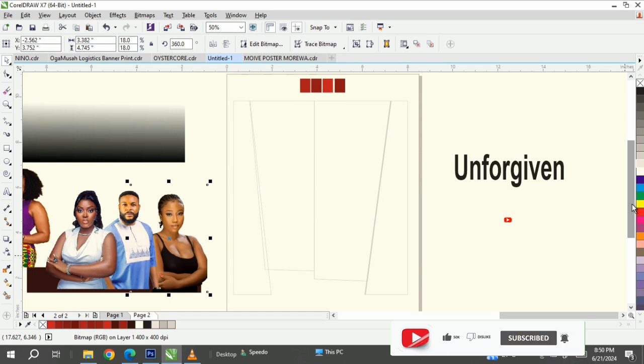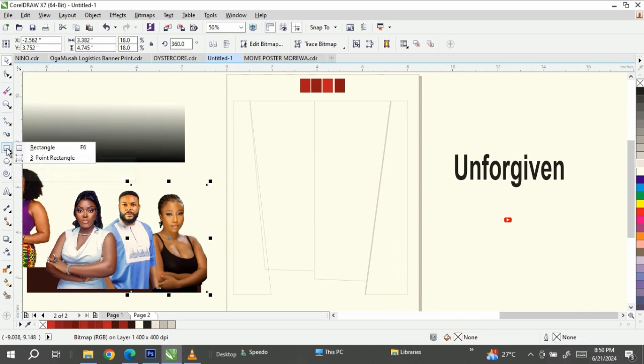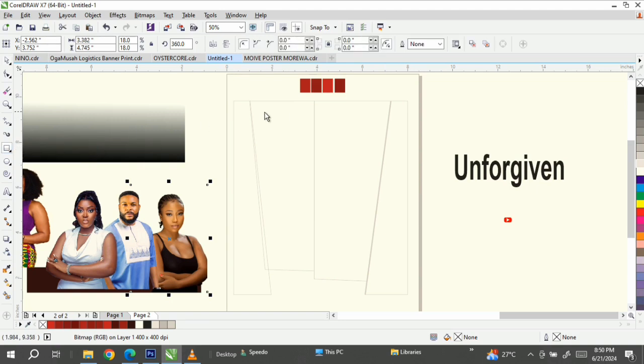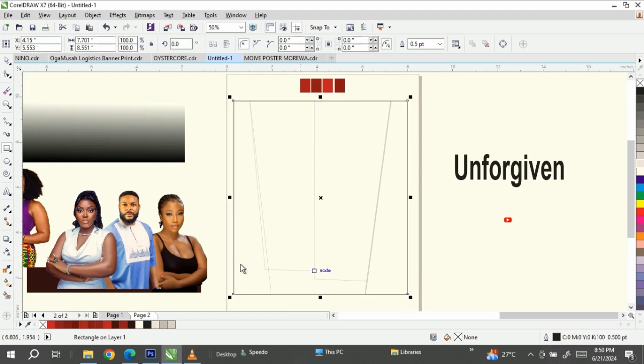So the first thing I'm going to be doing on this design is to come here and click on rectangle tools, which is F6. As you can see, I'm going to draw out my rectangle tools here. That's the first thing. The second thing I'm going to be doing on this design again is to come here